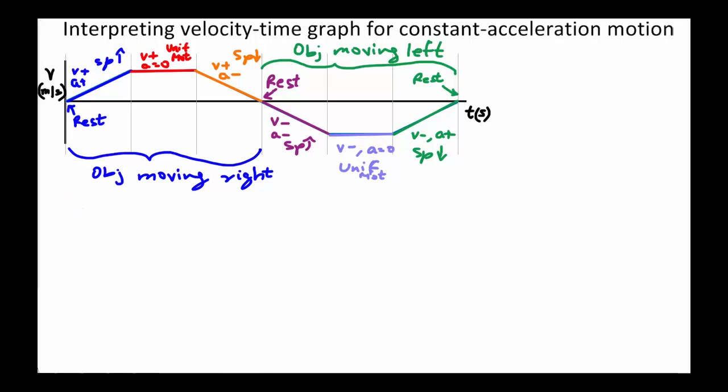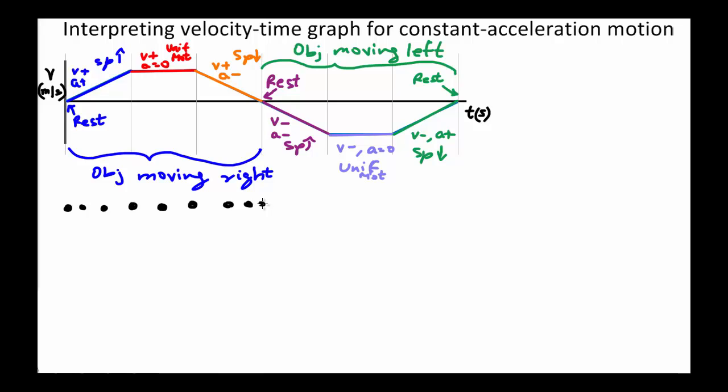So what might the motion diagram of this object look like? So I got the object here at time 0, and then it's speeding up. So it moves over here, here, and here. And then it's on cruise control. So at this position, it's going to move the same amount in a given time interval. And then it starts to slow down. So I go over here, here, here,